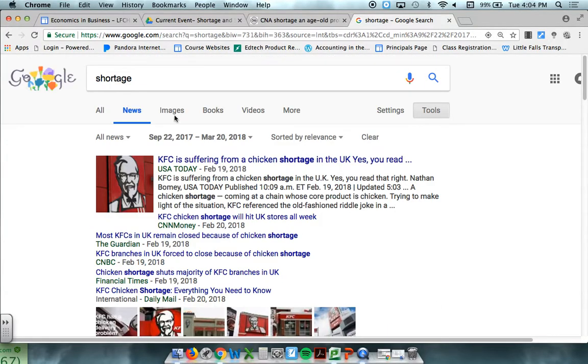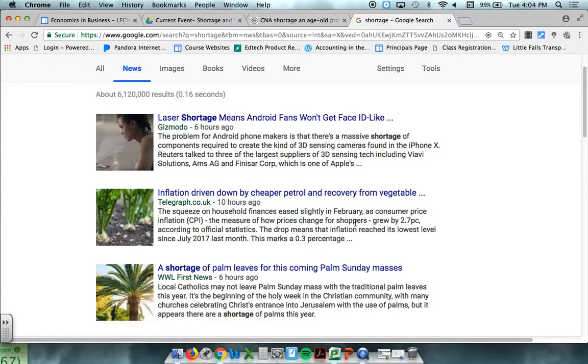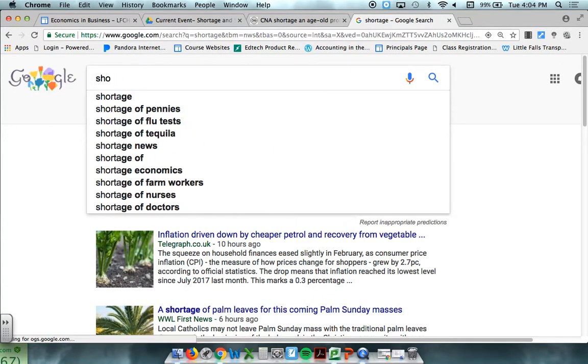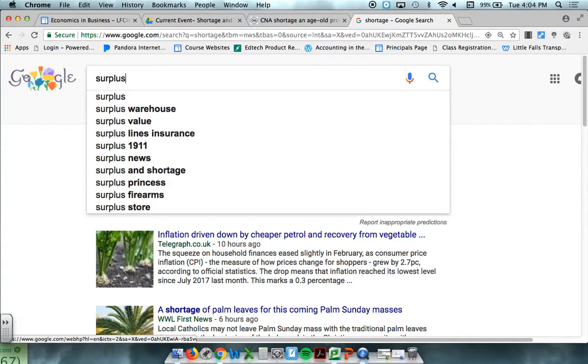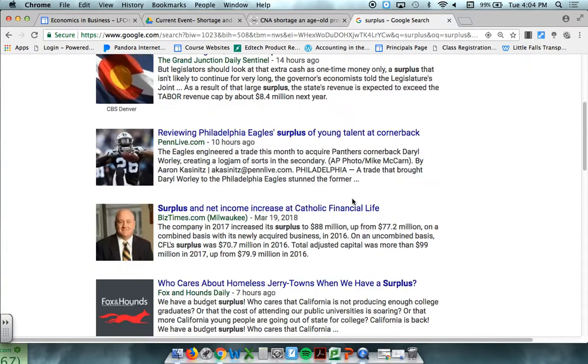All right, but if you don't want to use that, you can just go to recent and you'll be able to find something there. So shortage should be pretty easy. If you're looking for a surplus, you're going to find this a little bit tougher. All right, when we type in surplus, and again, I'm under news still, you might see a few things that are included in here,